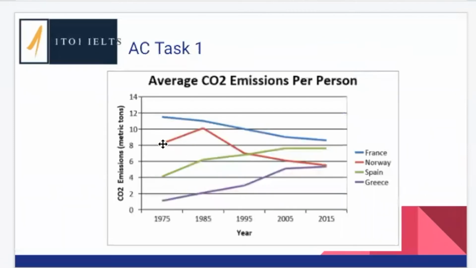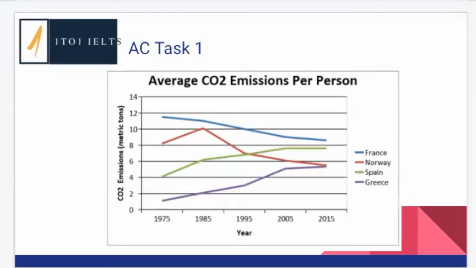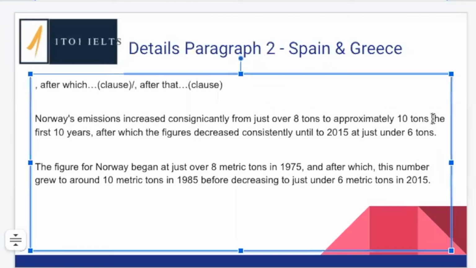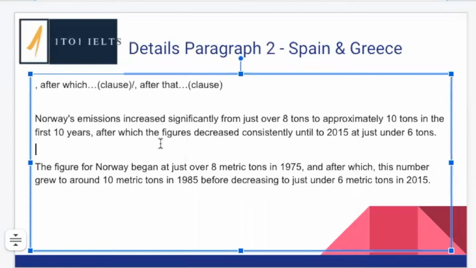We're not going to say over 8 tons because it's too vague. Just over is good. From just over 8 tons to approximately 10 tons. 10 years, so we would not say the first 10 years. We need a preposition here, so in the first 10 years. Norway's emissions increased significantly from just over 8 tons to approximately 10 tons in the first 10 years. Good. After which, nice, the figures decreased